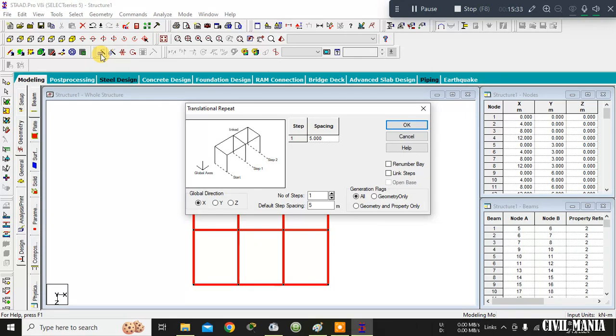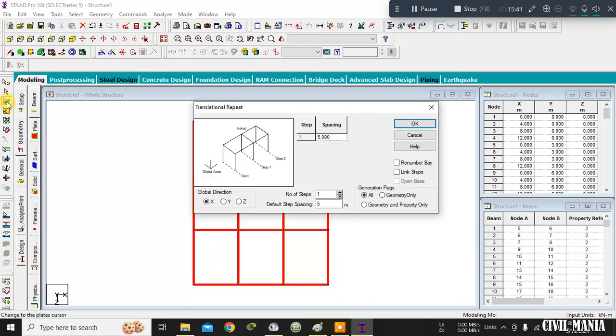Translational repeat is the type of command which is used for copying. So I have selected all the plates by the help of this plate cursor, and I will now click on this translational repeat, and this one is the circular repeat. For translational repeat I will click in. Now in which direction will I copy these plates? I will copy all these plates in the Y direction, because I will copy all these plates in all the roofs. So let me select Y direction, and number of steps is 1. What is the distance, the height of each roof? 3 meter. Okay,